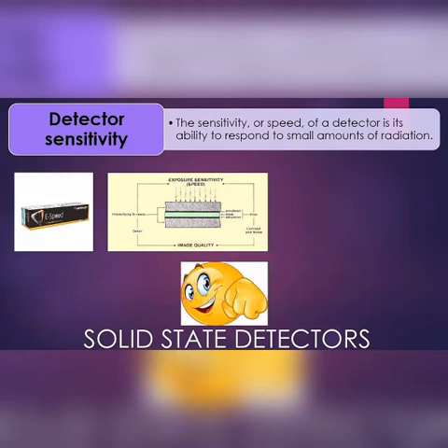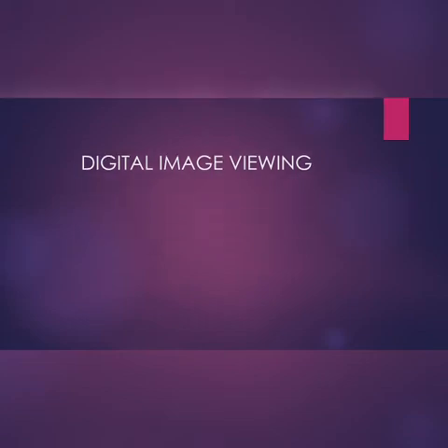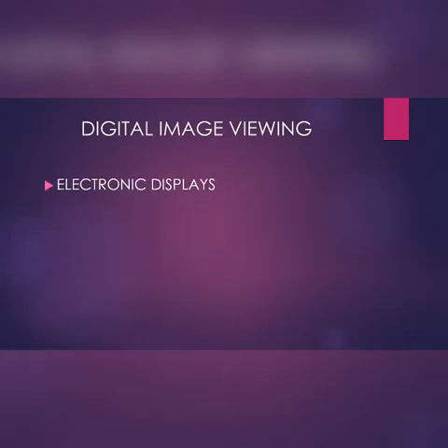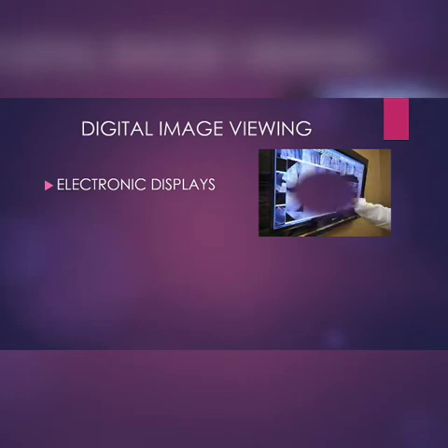Alright, so once you have taken an image, the second thing will be viewing it, right? So there are several modes in which you can view your digital image. The first thing will be as a soft copy, that is the electronic displays using an LCD or an LED screen. You can actually modify the image using image software systems, and then you can zoom in and zoom out, and then you can view it in your electronic display.